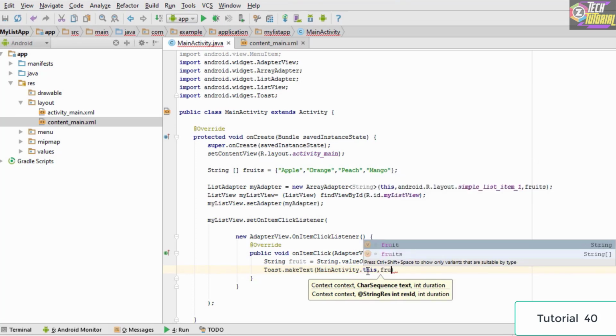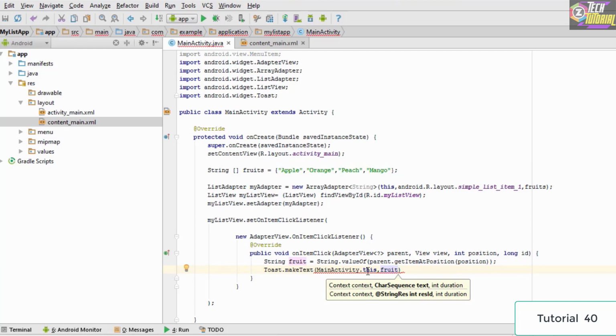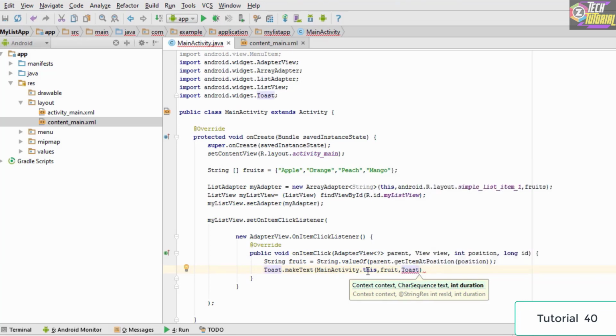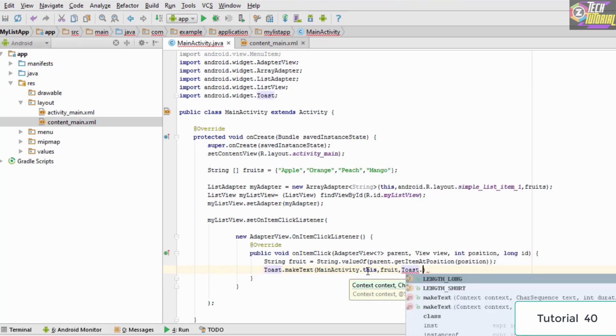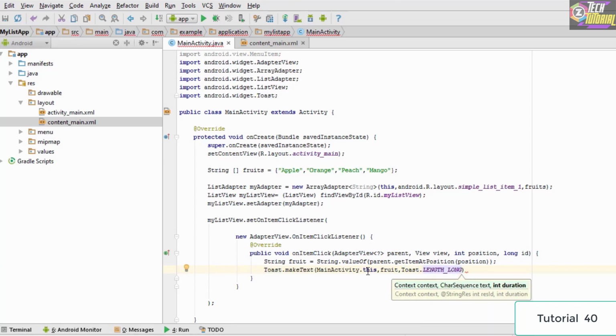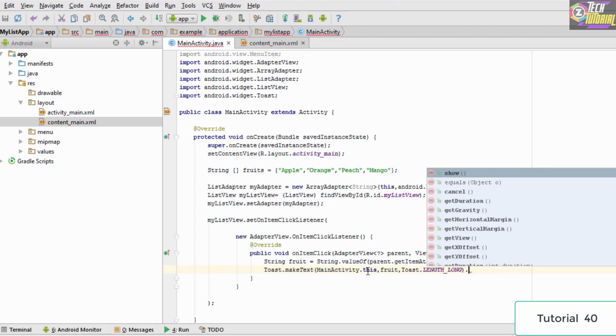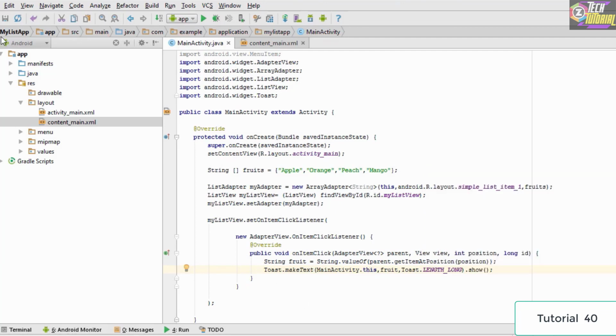So we type fruit. The next thing we pass in is the duration of how long the toast should be displayed. So we type Toast.LENGTH_LONG, which specifies that the toast is going to be displayed for a long period of time on the screen. Once this is done, we simply use the show method to display the toast. So we type .show, and now once everything is done, we save the code and we execute it on